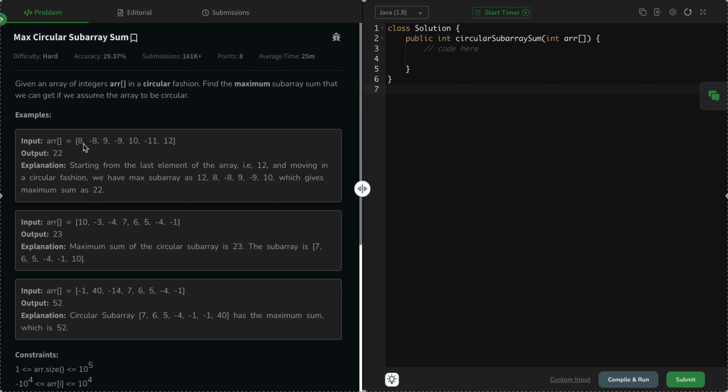So in the first example, the array is 8, minus 8, 9, minus 9, 10, minus 11, 12. Since this is in a circular fashion, the minus 12 will then be connected to the 8. So, if we try to take sum of all the subarrays, then the maximum that we will be getting will be 12 plus 8, 20, minus 8, which is again 12, plus 9, 21, minus 9, which is again 12, plus 10, 22. Same way, for the next example, if you take all the numbers, then the maximum will be,